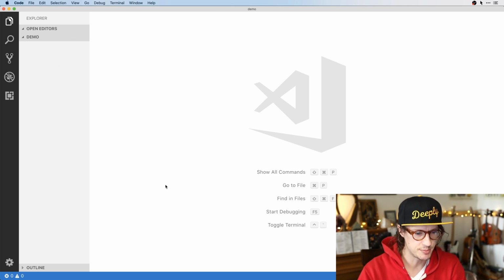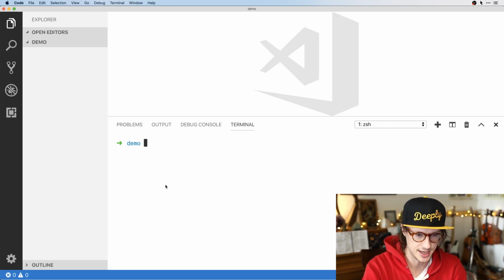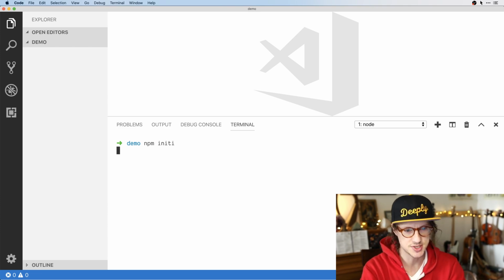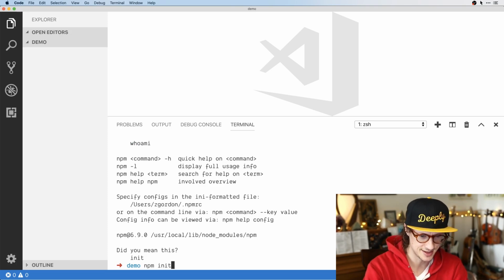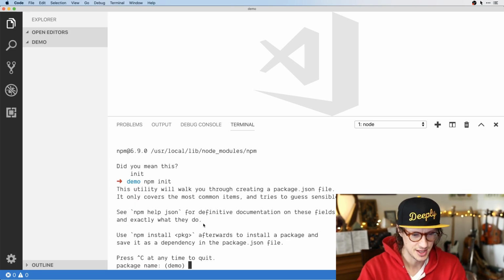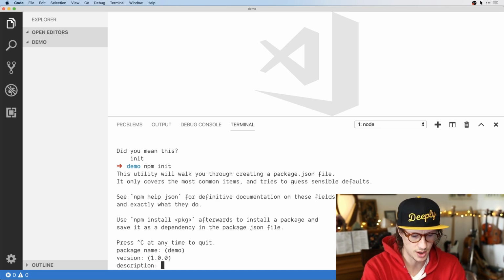So inside of demo, you need to first run npm init. So I'll run npm init, and this will just get your project basically set up. Did I not type that right? I said initty. Demo, npm init, and then we need to give it a package name. So I'm just going to call this demo, version 1,